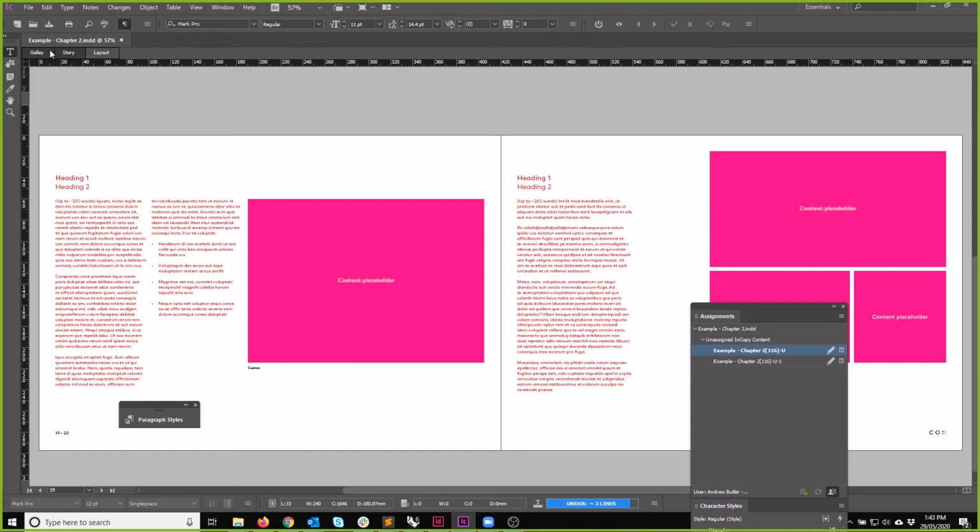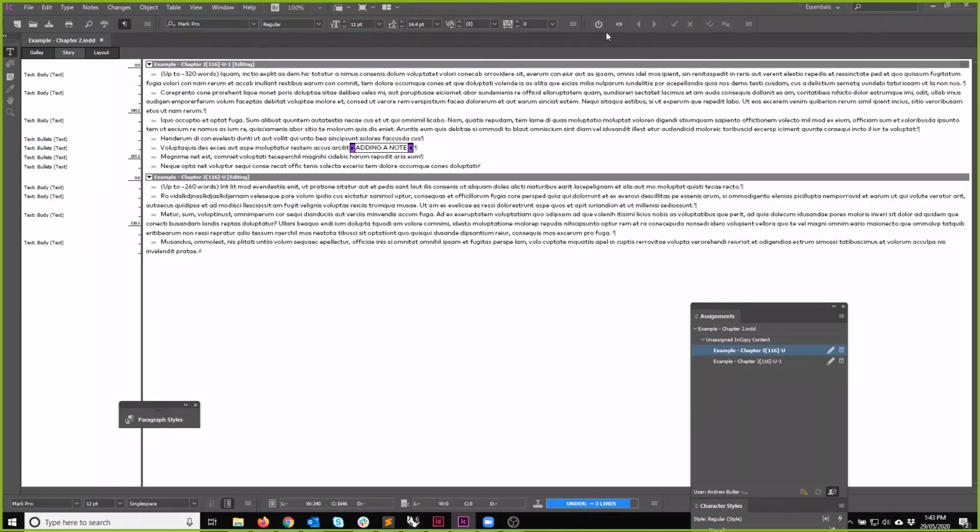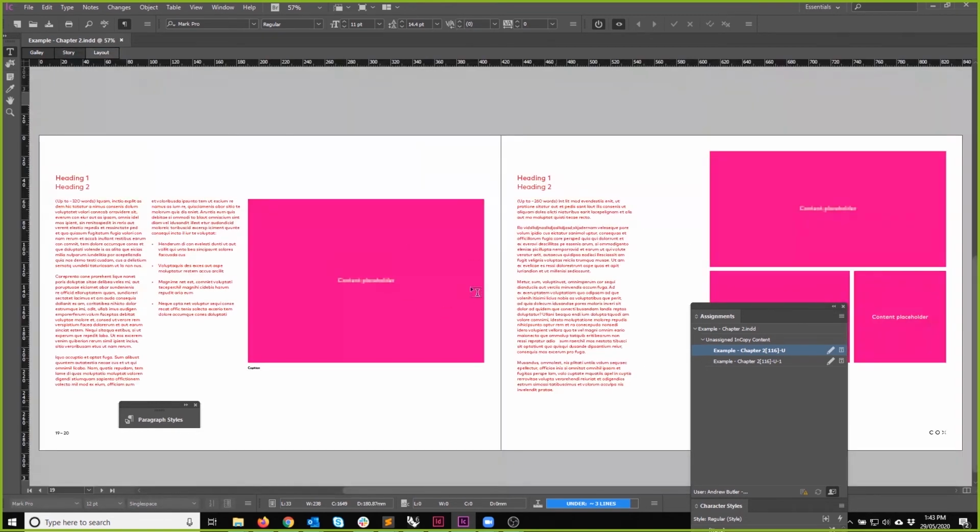it doesn't look like there's any track changes. Track changes only shows up within story or galley mode. So if I now, I didn't turn it on. There we go. So if any changes are made, we delete things or add things to the document, it's visible there, but it won't be visible within the layout mode, and the same would apply in InDesign. The track changes are visible there if you want to use track changes there, and so are the notes, but they won't show up